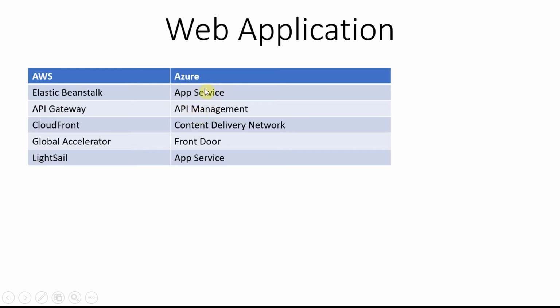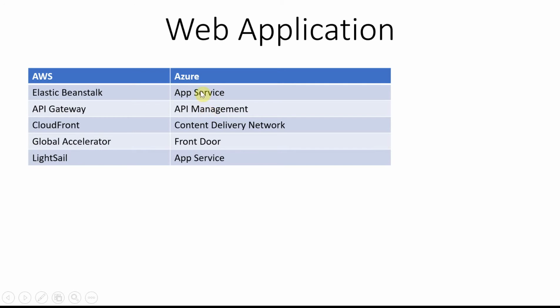The advantage is that you get the runtime. So you just need to bring your jar. You don't need to bring any of your runtimes. The runtimes are all managed inside by App Service. For example, for running a Java application you need a JVM and other things. Those are all already there and managed by Azure. So that is App Service.